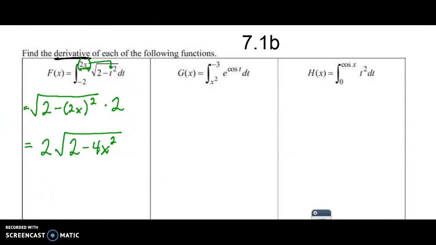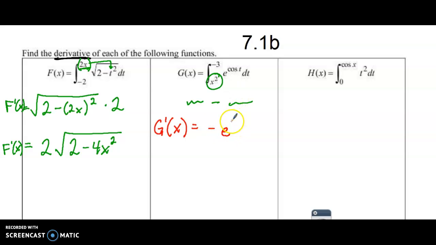So I should be writing the derivative each time to point out that those two things cancel each other out. So as I look at the next one, the main thing that I would point out is that because x squared is down here, if you did the antiderivative, it would be something minus something, and you'd be plugging in the x squared there. That's why I would go ahead and write this answer for g prime of x is equal to the negative of e to the cosine,